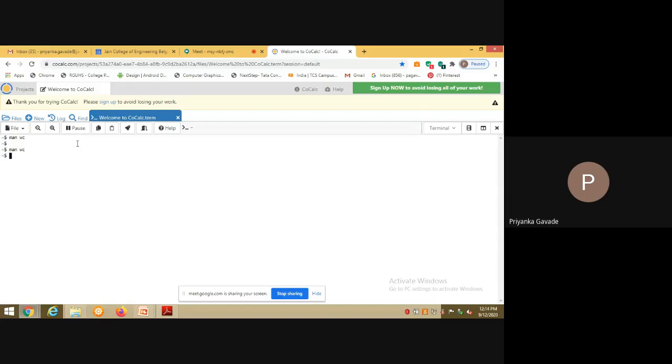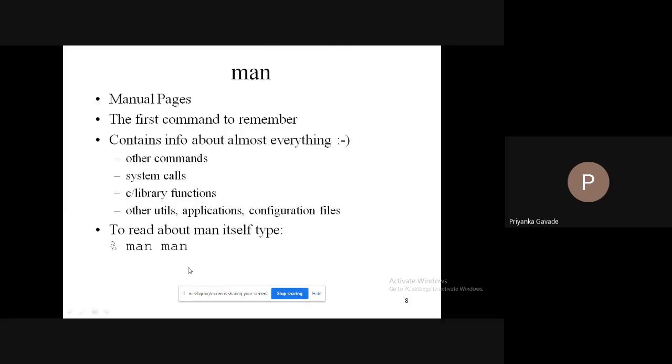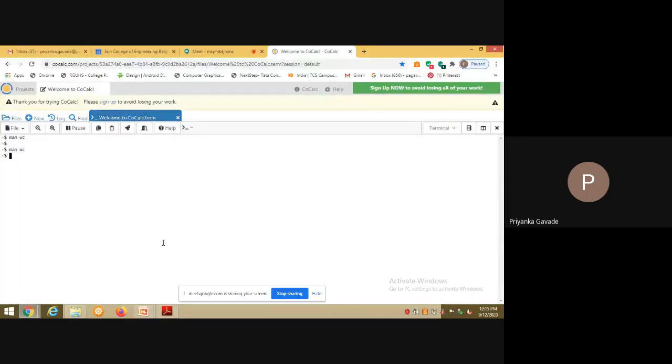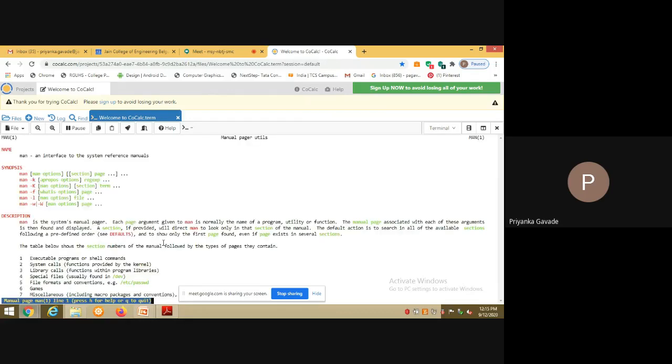Okay. So then, what exactly is the significance of the man page? If we want to understand more about the man page itself, then what we can do is simply key in the command man followed by man, right?